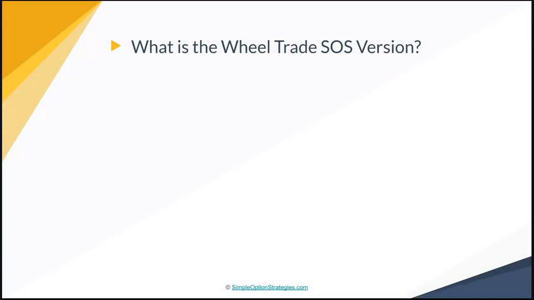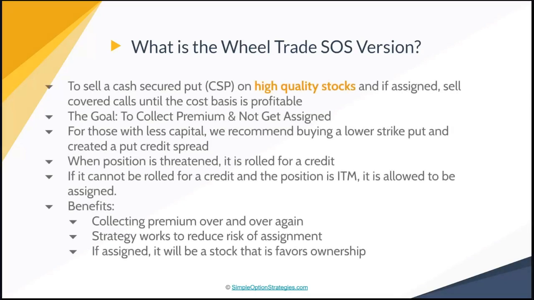And so this is basically the trade plan, right? Not in complete form, but the goal here is to sell cash secured puts on high quality stocks, right? That's really the goal. You find high quality stocks, not crappy ones, just because they have a lot of volatility and they're moving up. But you want to find a stock that you want to own, because in the wheel trade, you're basically putting on naked puts,